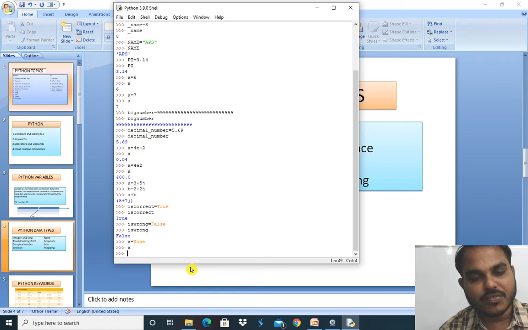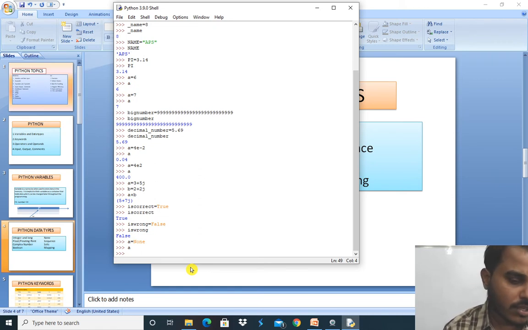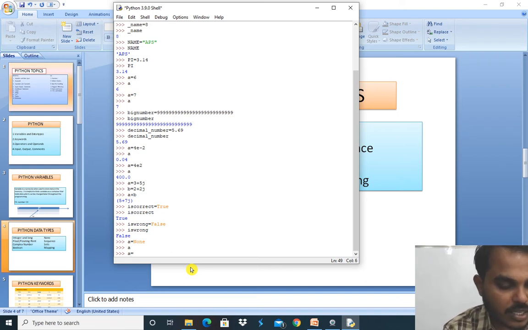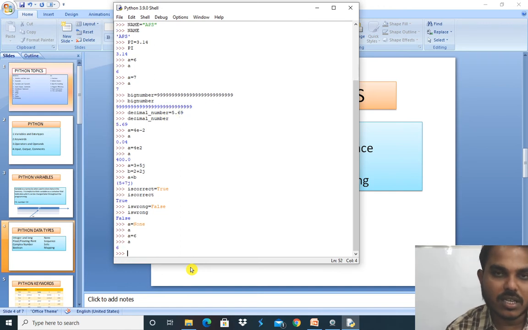Suppose after you generate the code, you want to assign something to a which is None, that can also be done here. Say for example, a is equal to 6. Initially it was None, there was nothing in a, but I have assigned 6 to a. So None is going to be replaced with 6 here. So whenever you want, you can utilize it, right? So this is about None. So make sure that I have used the first letter as a capital here, right?